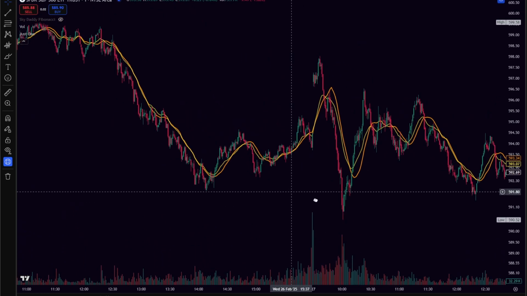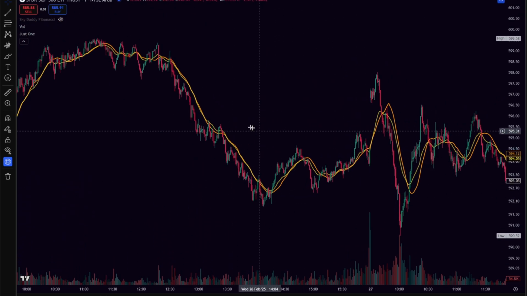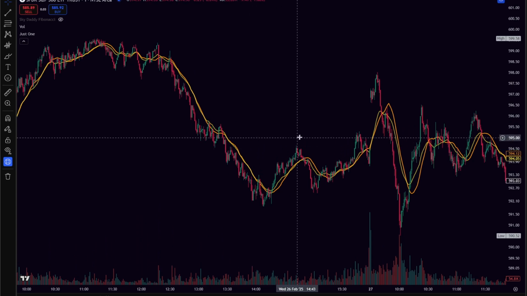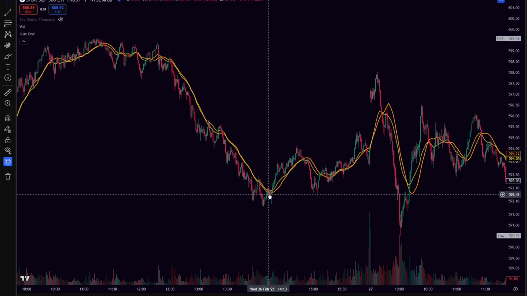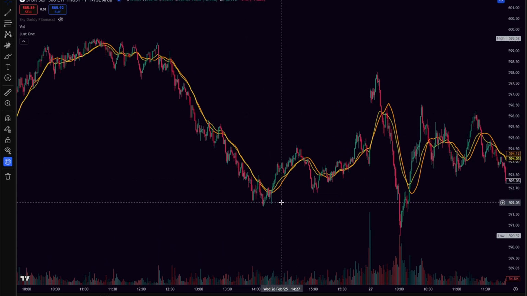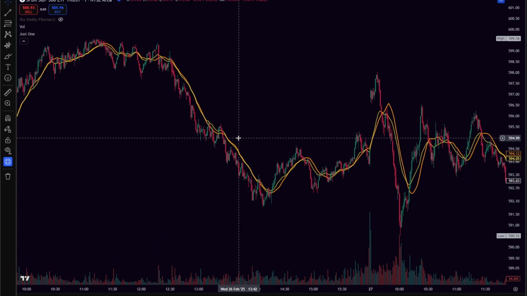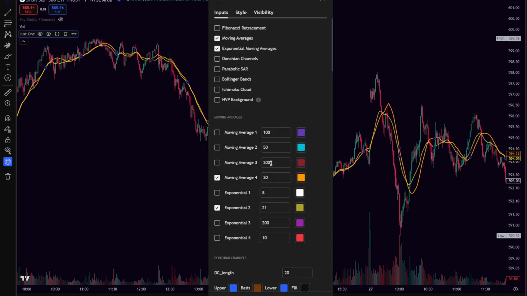You can see that the 21 and the 20 moving average travel pretty closely. One way I use them is to gauge a possible slowdown of the current trend. Now, when we pull up the 8 EMA,